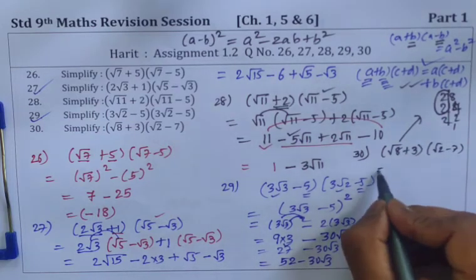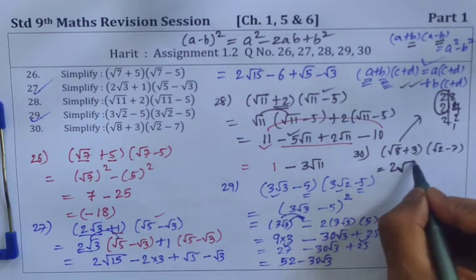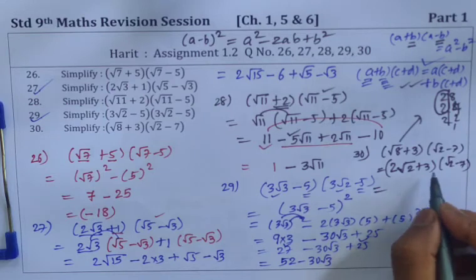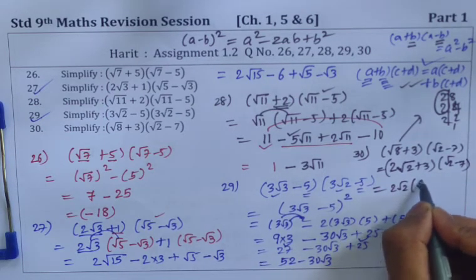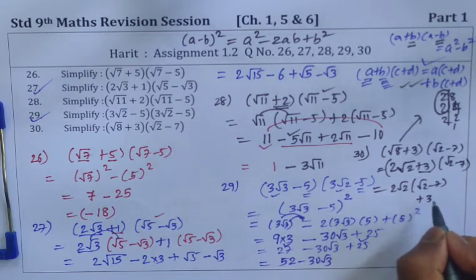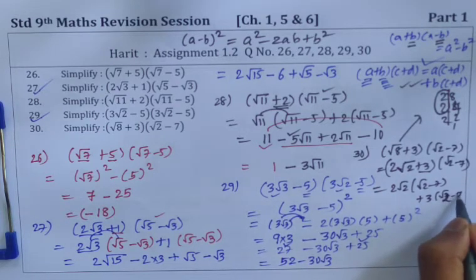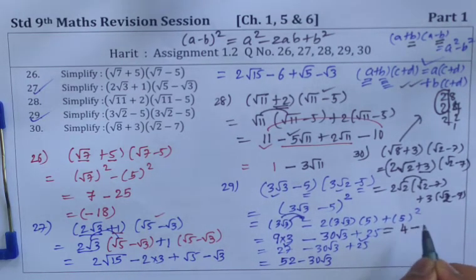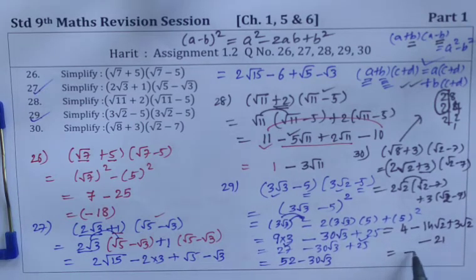So एक 2 बाहर निकलेगा, 2 बाहर और एक रूट में रहेगा, plus 3 into 2 minus 3. Alright? अब वही, all 4 terms are different. 2 root 2 into root 2 minus 7, आगे है plus 3 into root 2 minus 7. Root 2 into root 2 is 2, and 2 into 2 is 4, minus 7 2s are 14 root 2. This plus 3 root 2 minus 21. Now 4 minus 21 is minus 17, and minus 14 plus 3 is minus 11 root 2. This is the simplification. Got it, children?